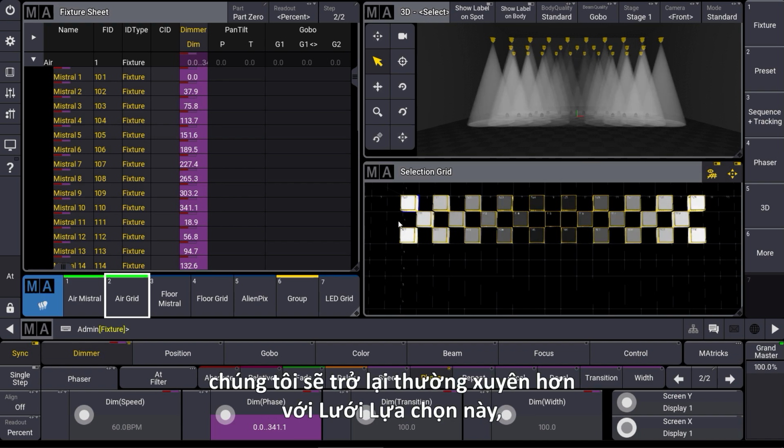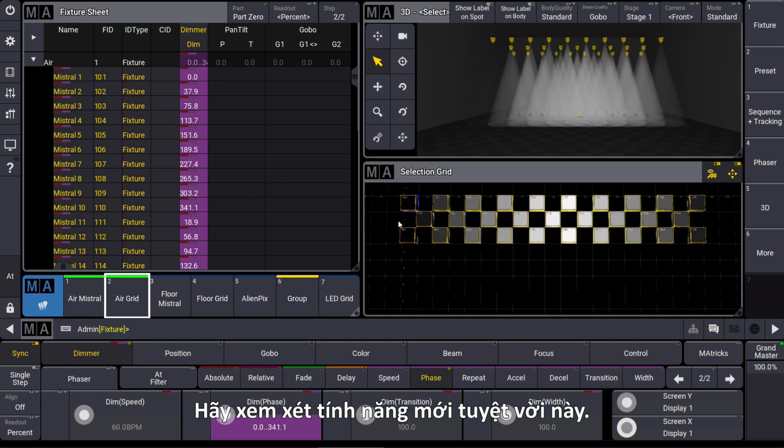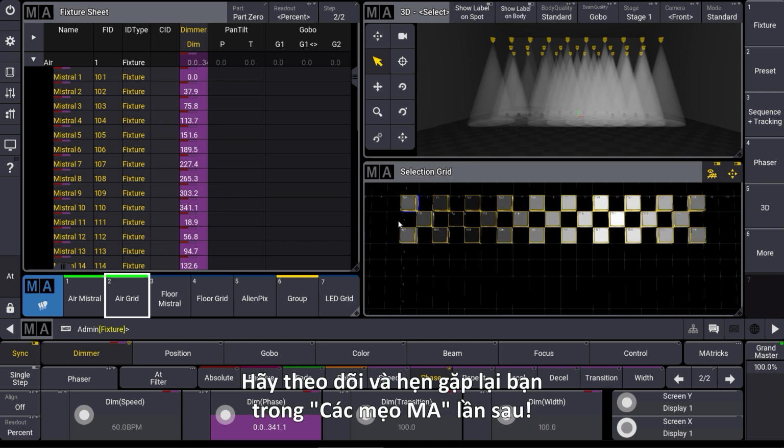In our next videos, we will come back more often to this selection grid because it is even more powerful in some different situations. So please have a look at this new amazing feature, stay tuned and see you next time